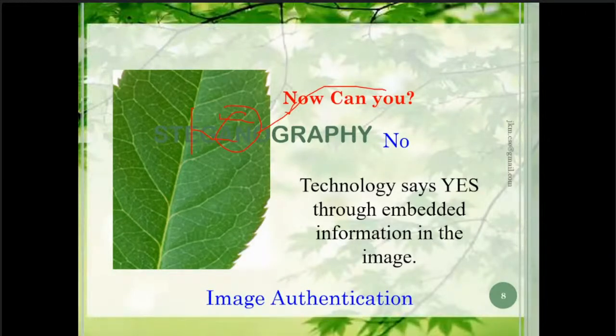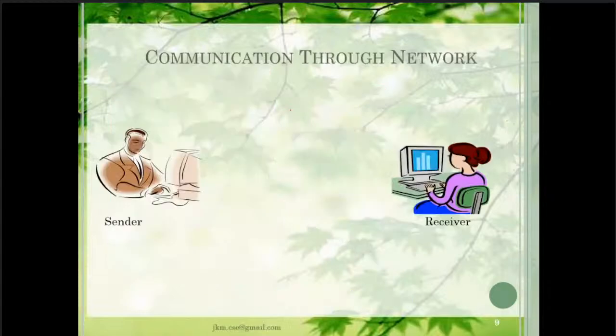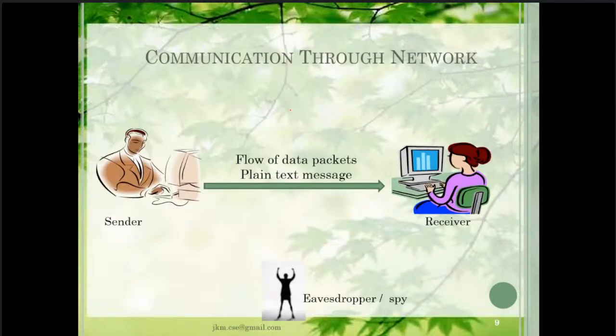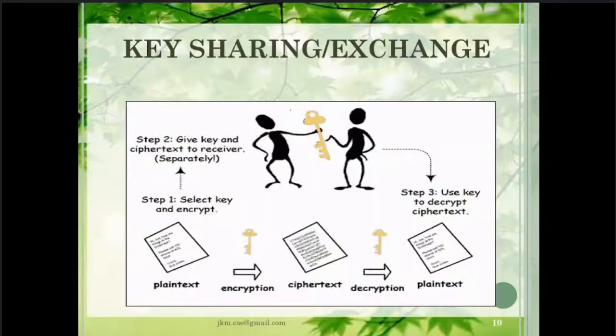And we are going to deal with image authentication today. Whenever we are talking about any cryptographic or steganographic things, there may be an intruder who can intrude into our systems, and that's why we have incorporated various keys to overcome these problems. Maybe symmetric key, maybe asymmetric key. Either we share the key in the case of a symmetric key cryptographic system, or in the case of asymmetric we exchange the key. So this is to be dealt with sensitively during this process.